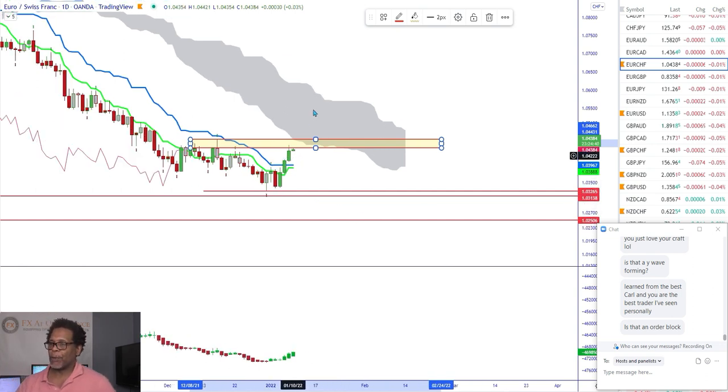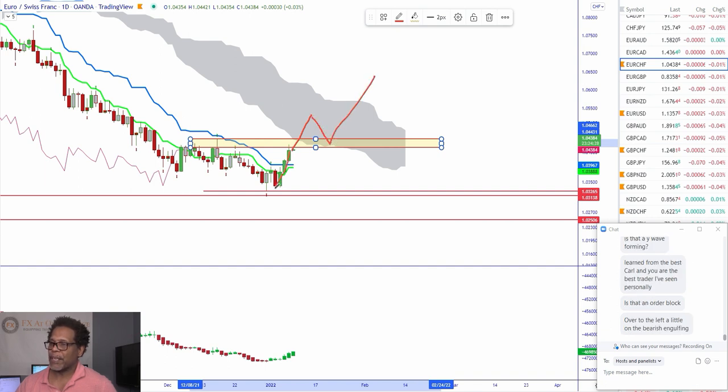So I need to see what happens here. If we violate this, then I would start looking for my bounce off of this. Because when I'm talking about violating, I'm thinking if we break higher, then we push back here, and then we see that. That would give us this N wave right here. All right, but if we can't break that level, then we're still looking at this, which means we didn't break this level, so then we're going to see the market either range here, could do that, or it could break here and get us down into this area.